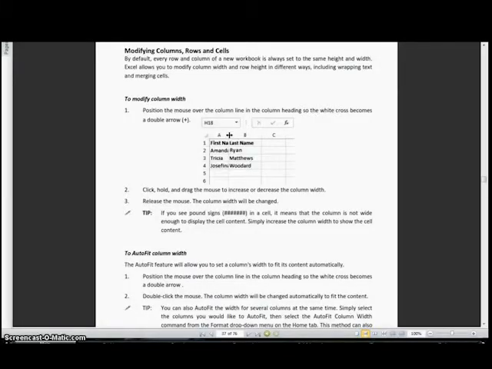Fellow teachers, welcome to this video. In the previous video, we looked at how we can work on formatting in different cells. However, in this video, we are going to mainly look at how we can modify cells, rows, and columns. By default, every row and column of a new workbook is always set to the same height and width. However, Excel can allow you to modify the height of the rows and the width of the columns, including wrapping text and merging them. We'll start by looking at how we can modify